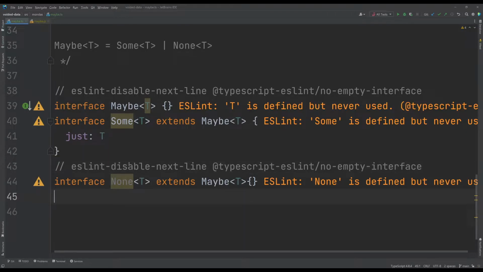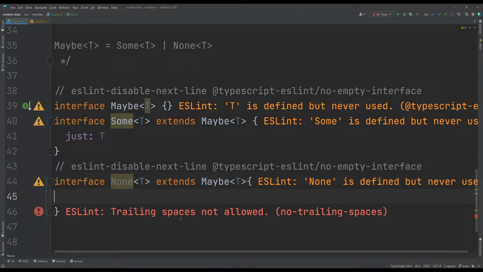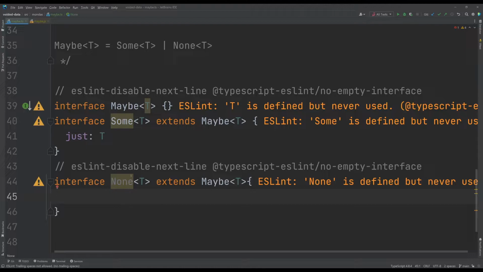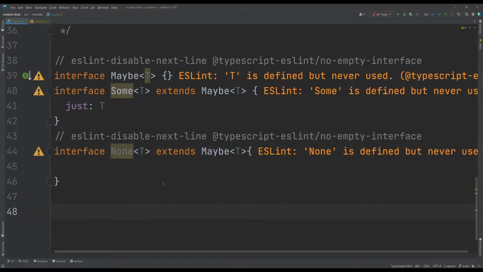And none, what should that do? It should actually never have a value, it makes no sense for none to have a value. So we can now also write some utility functions, because we now also need to know, is something actually sum or not?